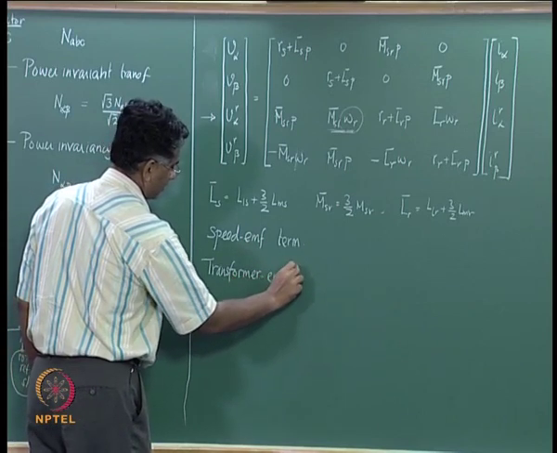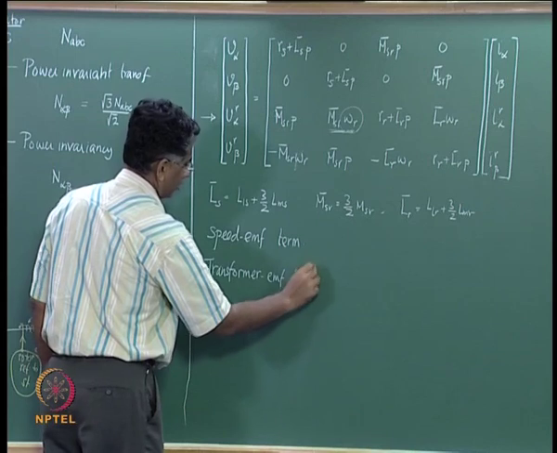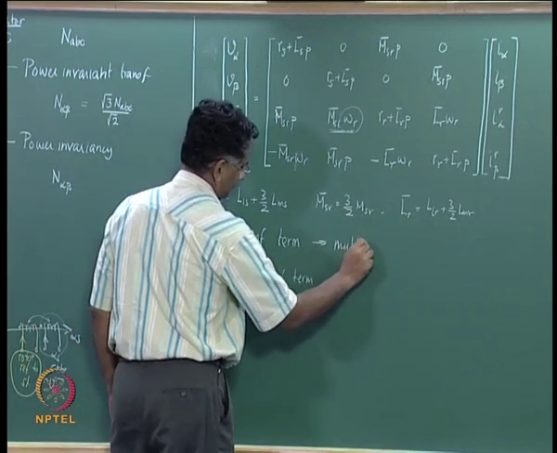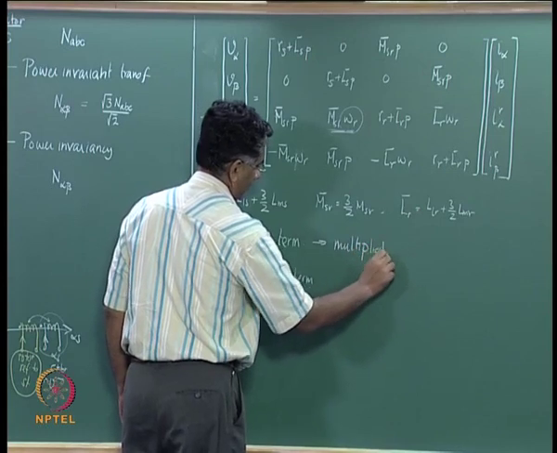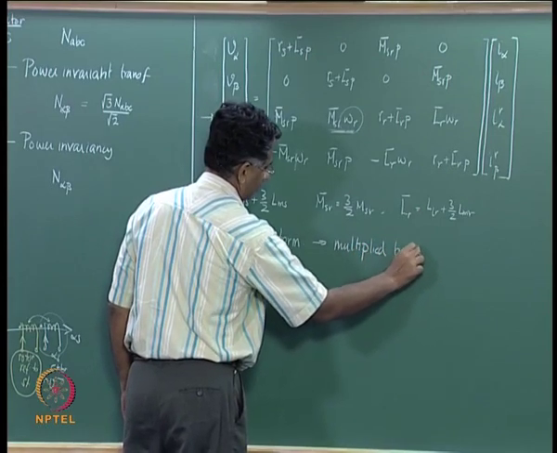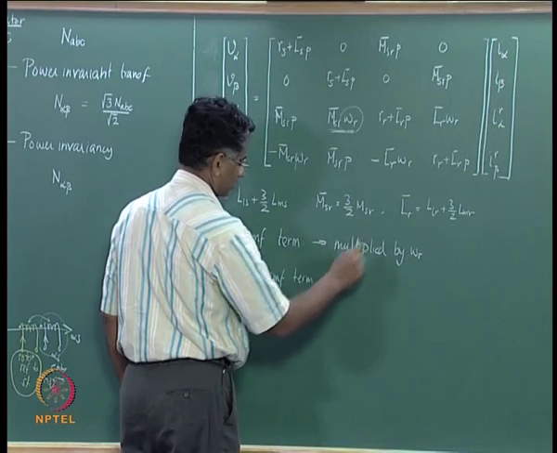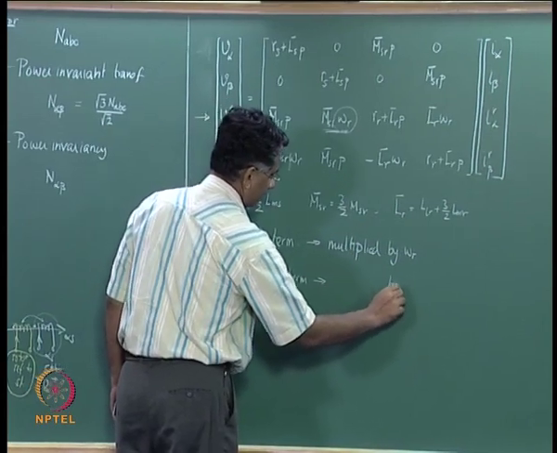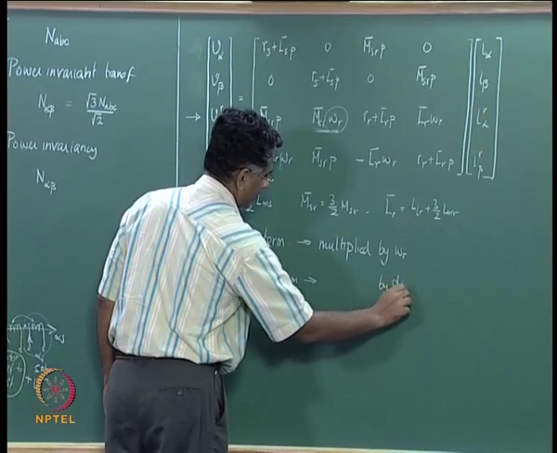Transformer EMF term. So these are multiplied by omega r or some speed, these are multiplied by di by dt,